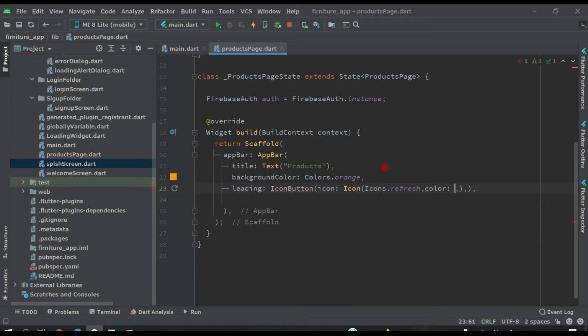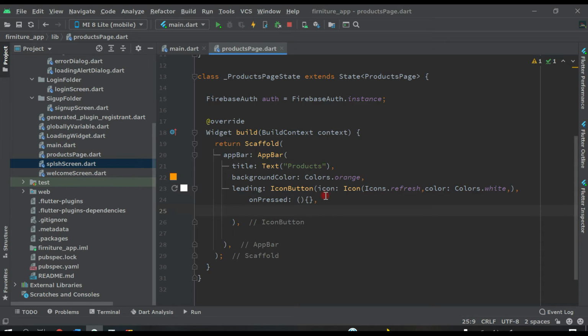So Colors dot white. And after this we have to add the on press function, and let's leave it empty as it is. We will add this function later. Let's put a comma here.